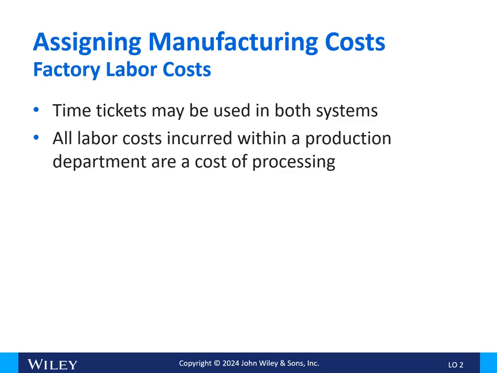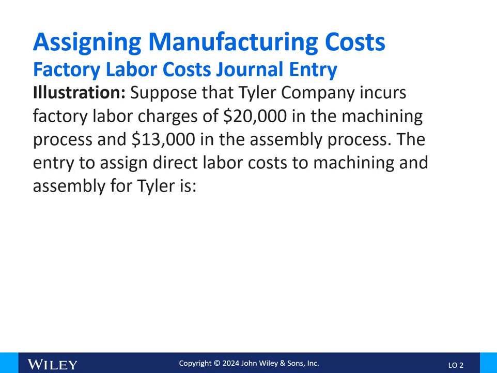Factory labor costs. Time tickets may be used in both systems. All labor costs incurred within a production department are a cost of processing. Again, we'll look at Tyler Company. They incur factory labor charges of $20,000 in the machining process and $13,000 in the assembly process. The entry to assign these direct labor costs to machining and assembly for Tyler is